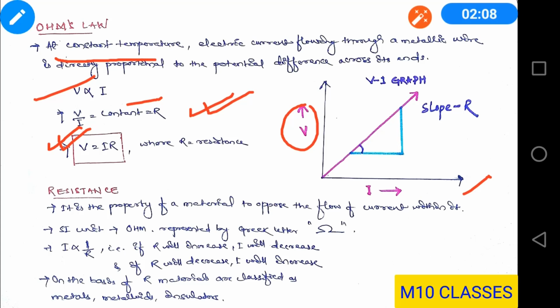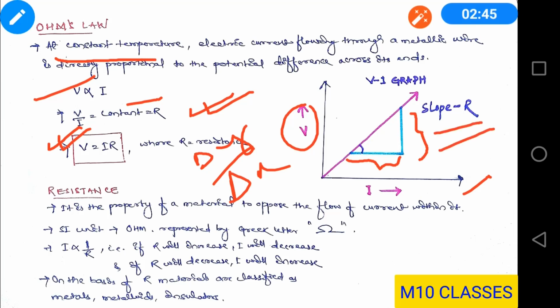Now what would be the slope? First of all, let us know what slope is. Slope in the general sense means change in y divided by change in x, if you are going to find out the slope for any straight line. On your y-axis you have V, so this is the change in potential difference, that is change in y. On the x-axis you have current, so this is the change in current. It will give you the change in voltage divided by change in current, that is V divided by I, which is nothing but your R, resistance. The slope of the VI graph is your resistance R.